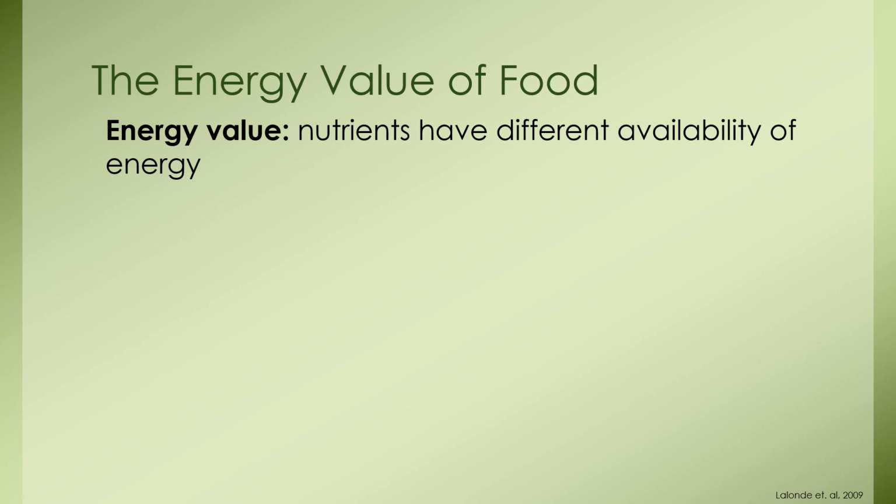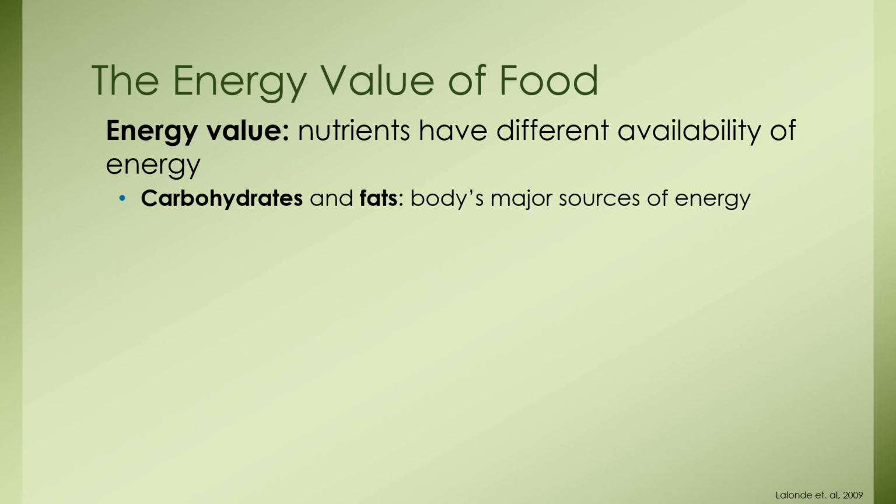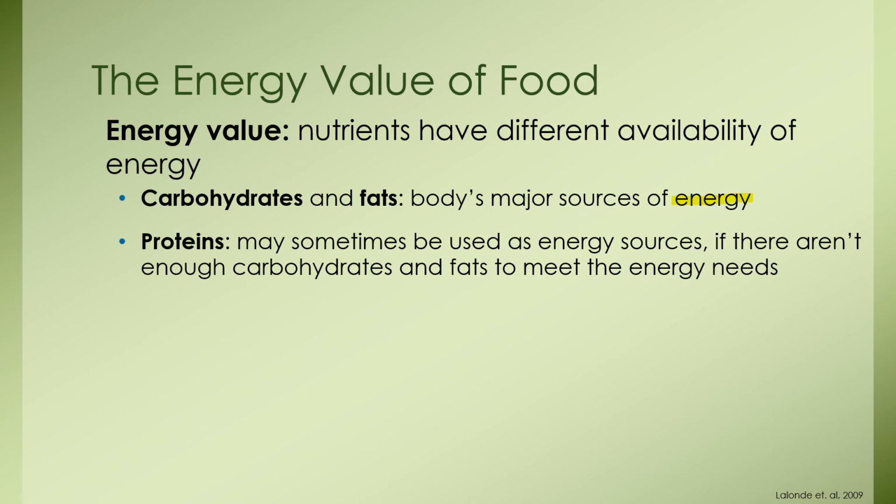So, what's energy value? Energy value is the availability of energy in each nutrient. Nutrients have different availability of energy, so energy value is how much energy each nutrient has. Carbohydrates and fats are the body's major source of energy, so they have the highest energy stored in their molecules. Proteins may sometimes be used as an energy source if there aren't enough carbohydrates and fats to meet the energy